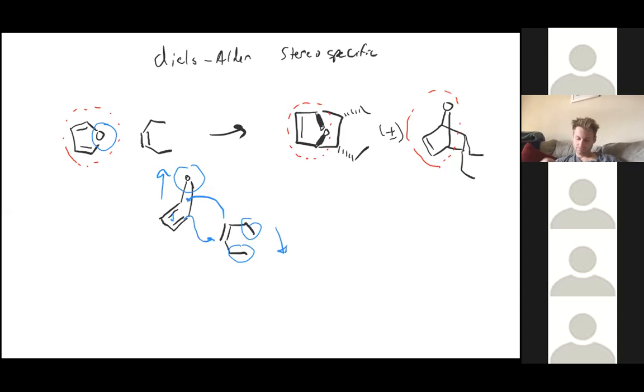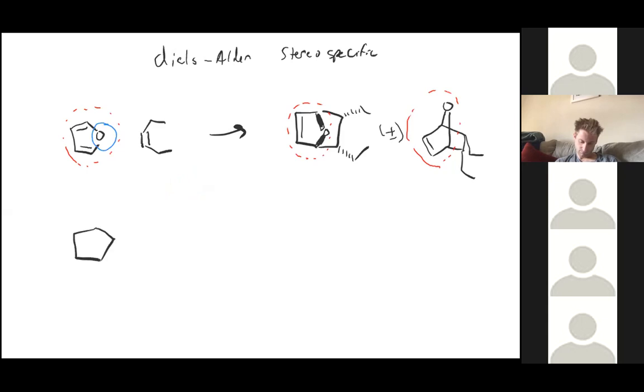Let's take a look at the trans one. Let me get rid of this portion of it. Let's get rid of the oxygen. Let's just do a 5-membered ring. Now it's going to be harder to control on this portion because they're going to be anti to each other. We're still going to get a bridgehead that's going up though. So we could draw this in 2 dimensions like this,